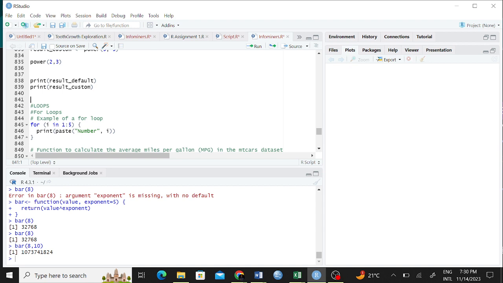Anybody who knows what a loop is? What is a loop and how is it really helping us? Joseph.